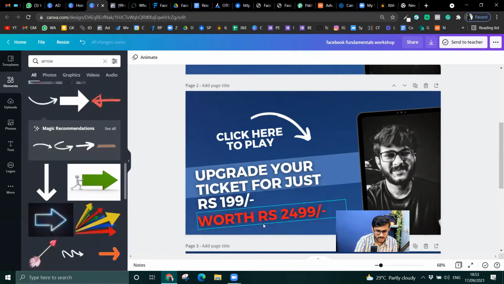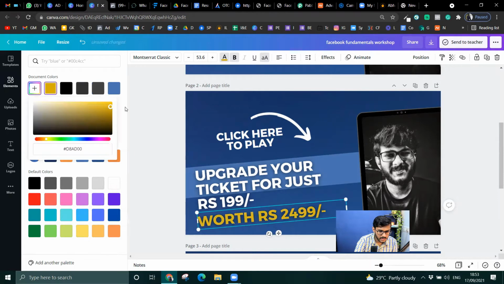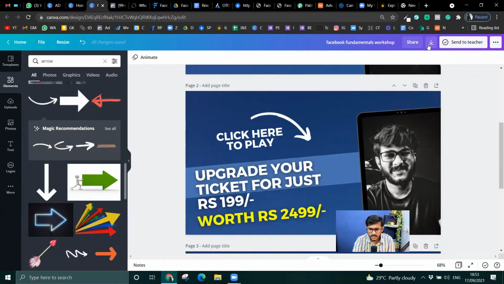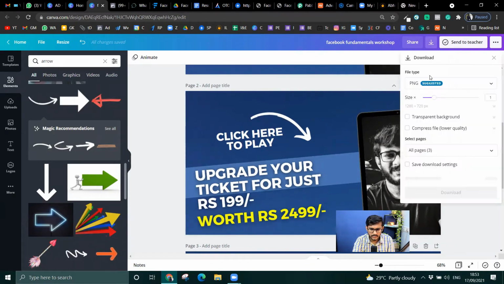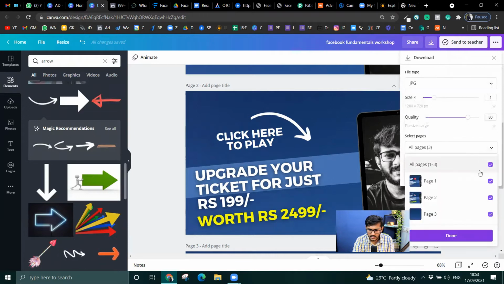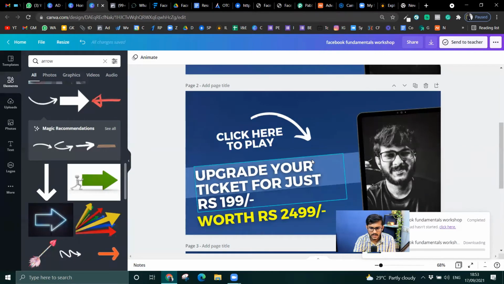Let me see if this looks good. No, it doesn't. So I just make it a little yellow. So let me download this. JPEG, and then let's see if I can download this.